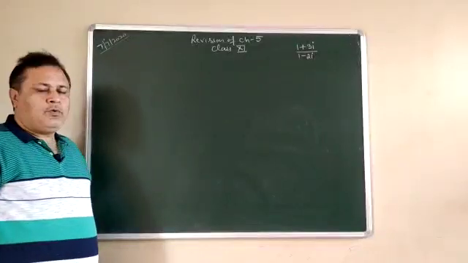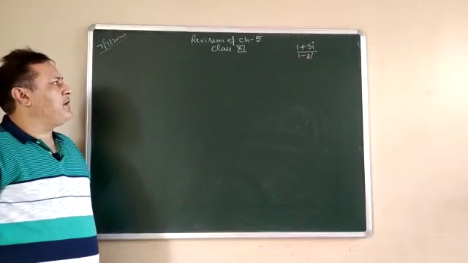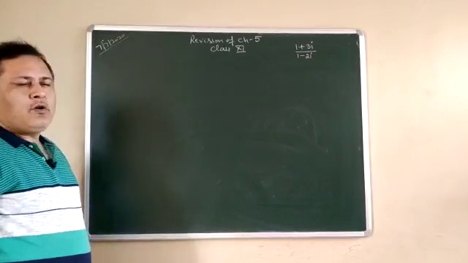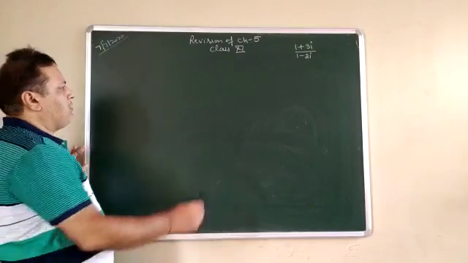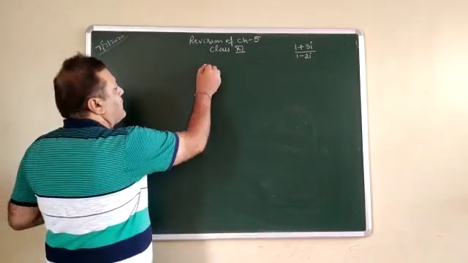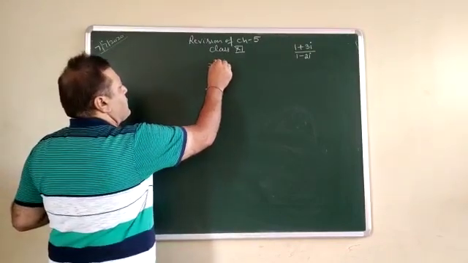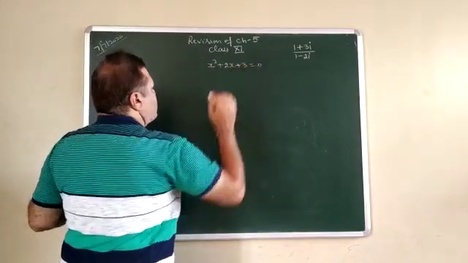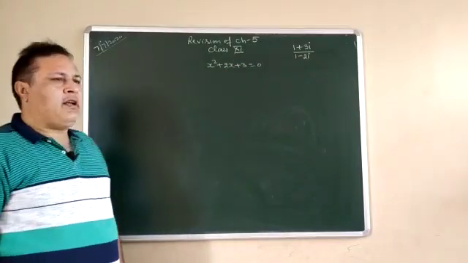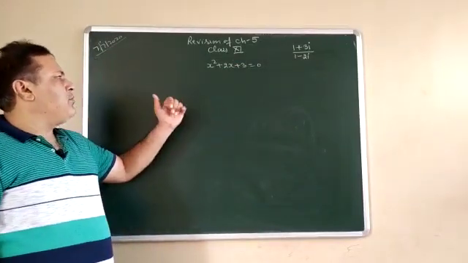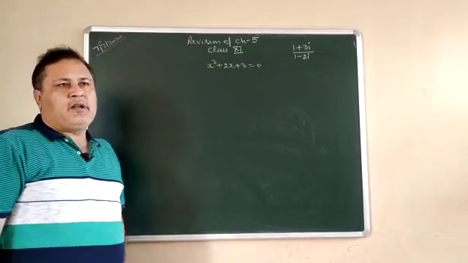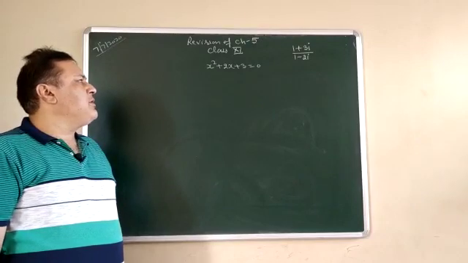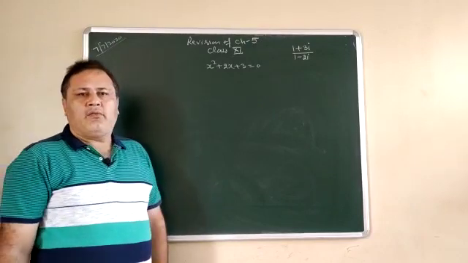Good morning, students. Today we shall revise chapter 5, that is complex numbers. Now see, in the case of complex numbers we have studied this chapter. For example, an equation is given to you: x square plus 2x plus 3 is equal to 0, and it says factorize this equation. Normally up to class 10th we factorize by splitting the middle term if it is possible, and if splitting of the middle term is not possible, then we apply the quadratic formula.